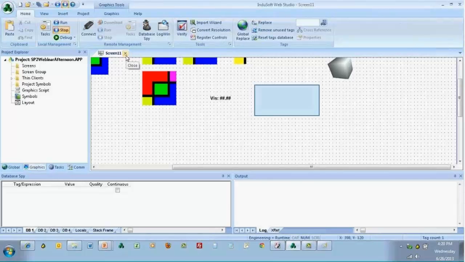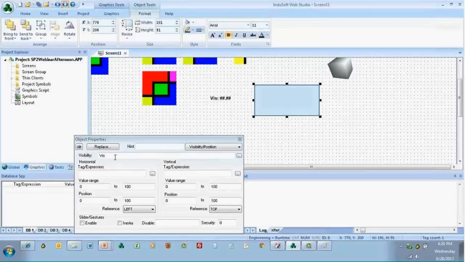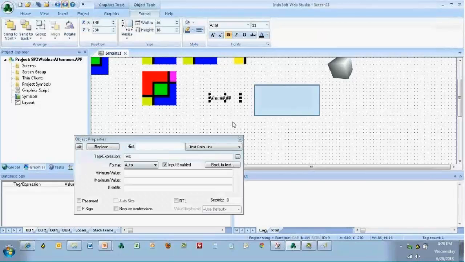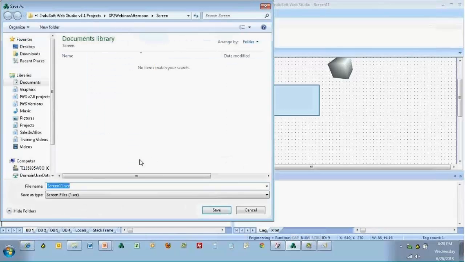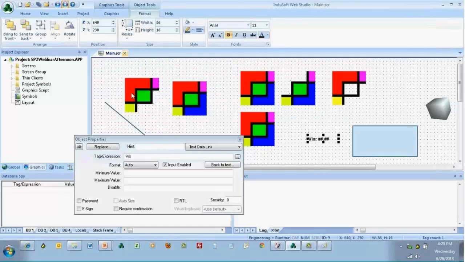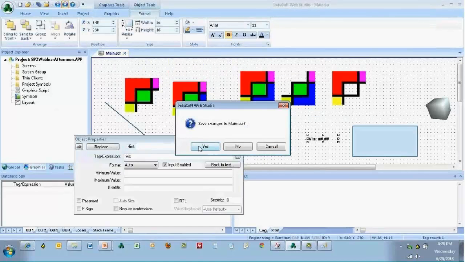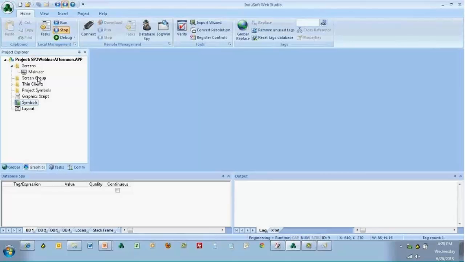And when I run this, let's see, make sure that I have the visibility there. I have this, I have input enabled. That's all I should need. Let's go ahead and save this screen as main, and we'll close it and set this up as the startup screen. And when we run this,